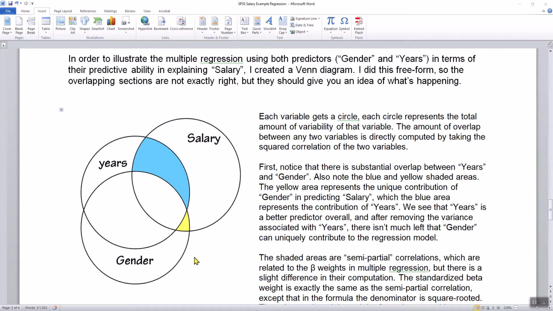And remember, this is a symbolic way of looking at it. I did not use any actual numbers to generate this Venn diagram. It's just a crude approximation. The point, though, is that we see that there's overlap between gender and years, and that the amount of overlap there would be equal to the